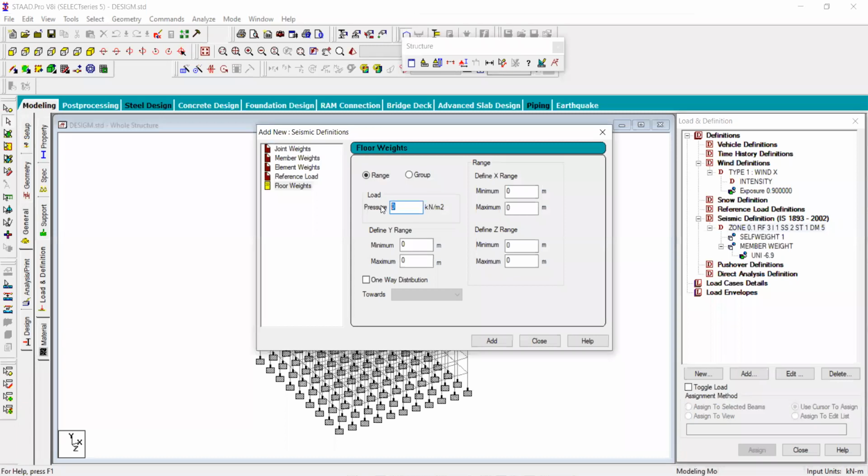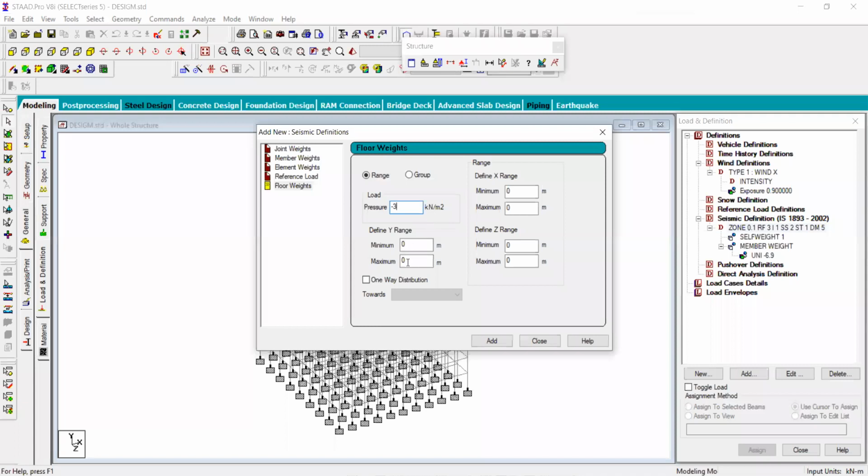If the total thickness of the slab is 120 mm, that is 0.12, what will be the weight of the slab per square meter applied? Multiply by 25, its value comes approximately 3 kilonewton per square meter. So in this one you put minus 3 kilonewton per square meter.